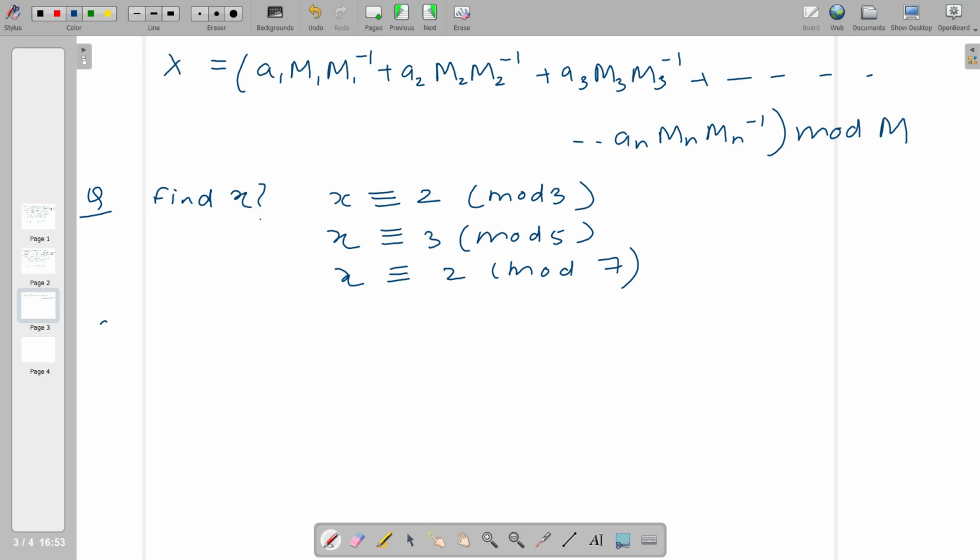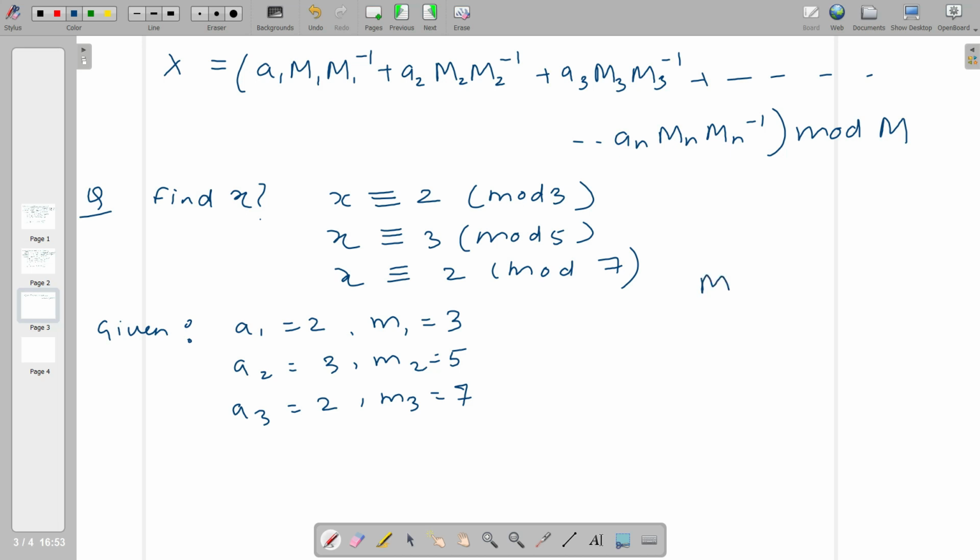So first check what is given to us. Given is a1 which is 2, small m1 which is 3. Similarly a2 which is 3 and small m2 which is 5. Similarly a3 which is 2 and small m3 which is 7. So these are given to us. Now we have to find capital M, then capital M1, capital M2, capital M3, and then we have to find the inverses of M1, M2